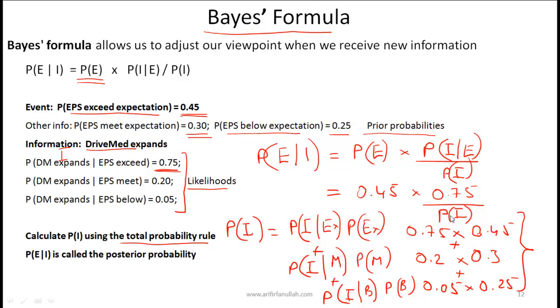That will give you the unconditional probability of the new information. Plug that in here and you will get the probability of E given I, and come up with your answer, and then double check this in the curriculum. And then what I want you to do is go through the rest of this example in the curriculum, and that will help you understand Bayes' formula quite well. Just as a side point, the probability of E given I, which is what we calculated, is called the posterior probability.